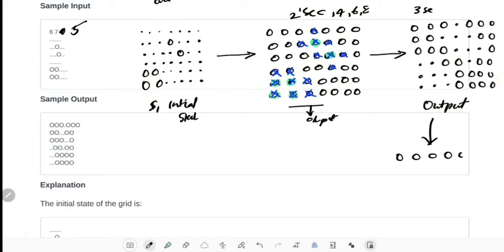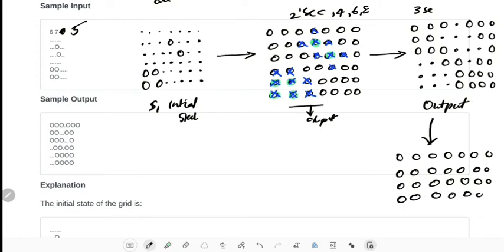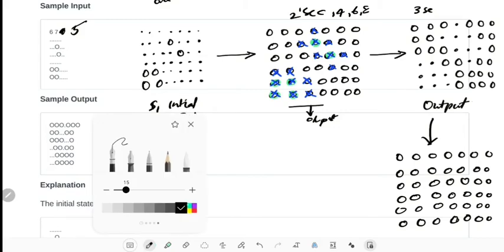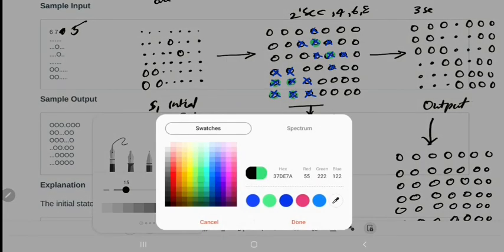Initially what we have to do is plant every cell with a bomb. This will be at time 4 seconds. Okay, and let me color the bombs from the previous state.